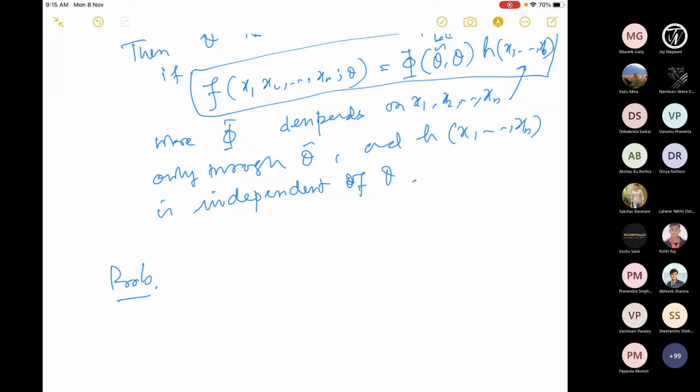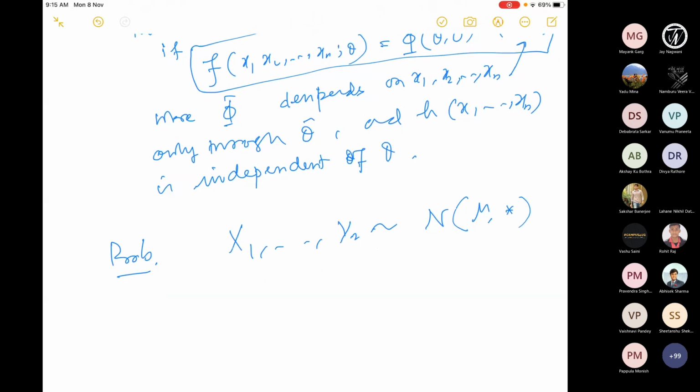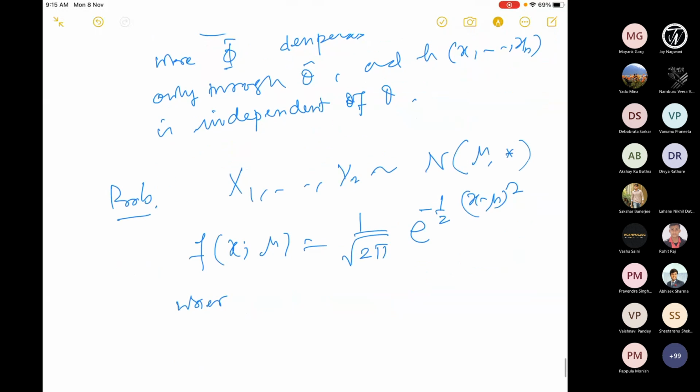So let's say I have a random sample which is all from a normal distribution with parameter mu. So sigma square, I'm putting some value. Can you guess what value of sigma I'm putting here? So if f of x; mu is 1 over square root of 2 pi, to the power minus half x minus mu whole square, what is the value of sigma square here? If it is normal,